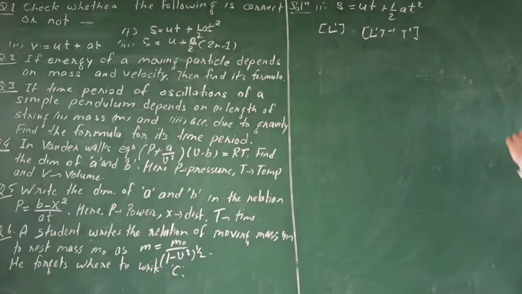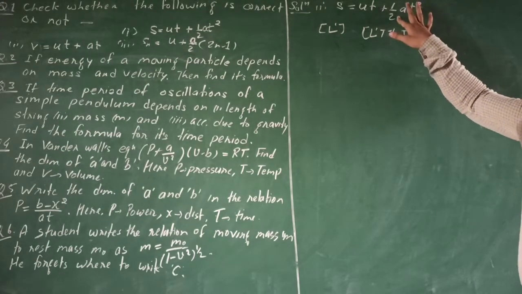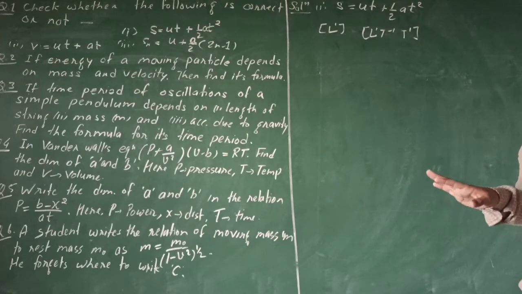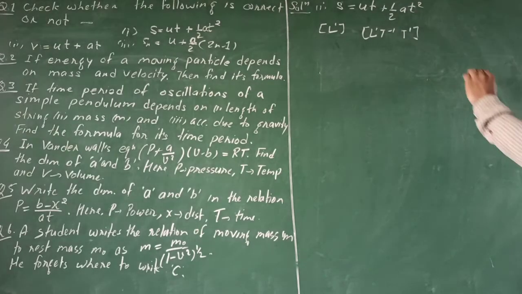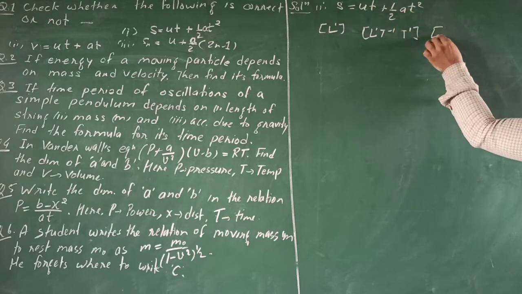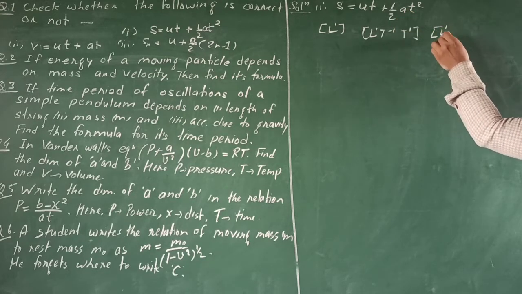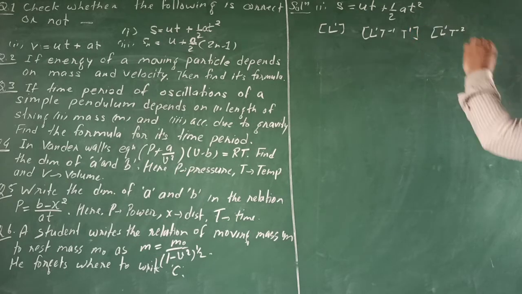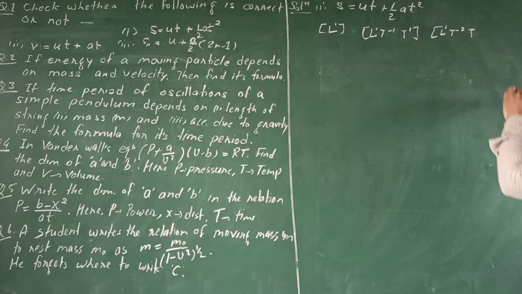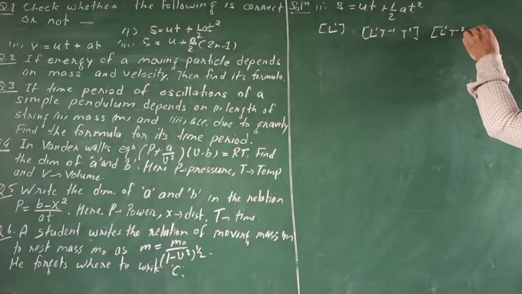Next term 1 by 2, it has no dimension, dimensionless, because a constant cannot give any dimension. Here is the acceleration, and dimension for acceleration is L t minus 2, and for time squared,